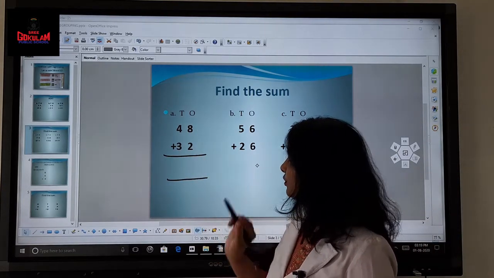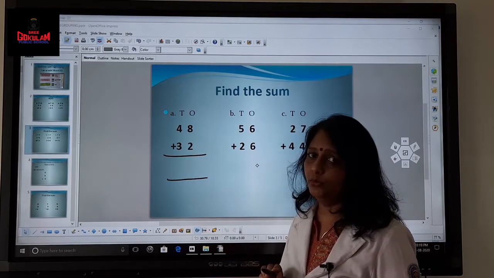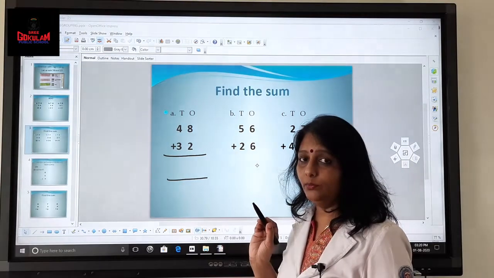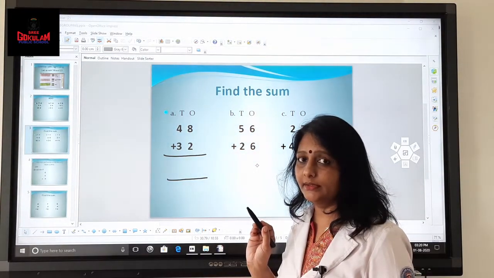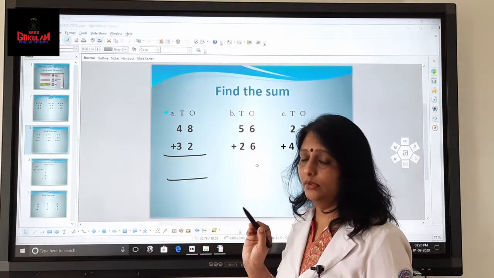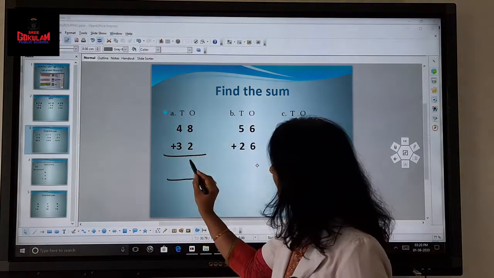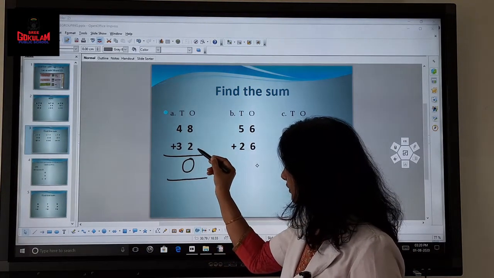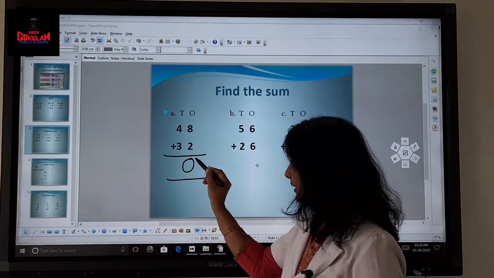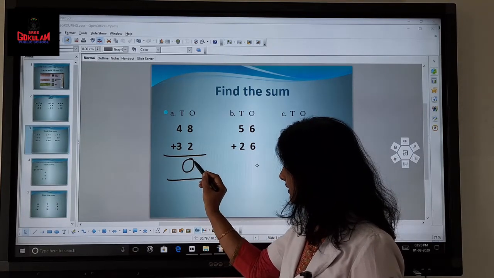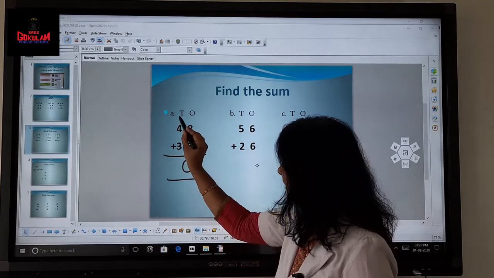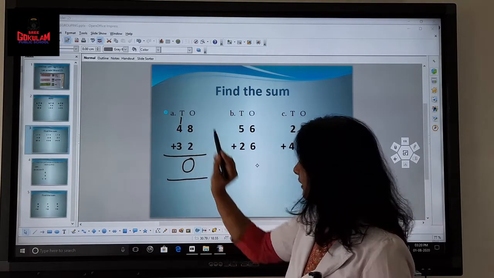So, 8 plus 2. What is 8 plus 2? 10. In 10, which number is in ones place? 0. So, 0 we will write in the ones place. We got 8 plus 2, 10. We will write the ones place number which is 0 in the ones place and carry 1 to the tens